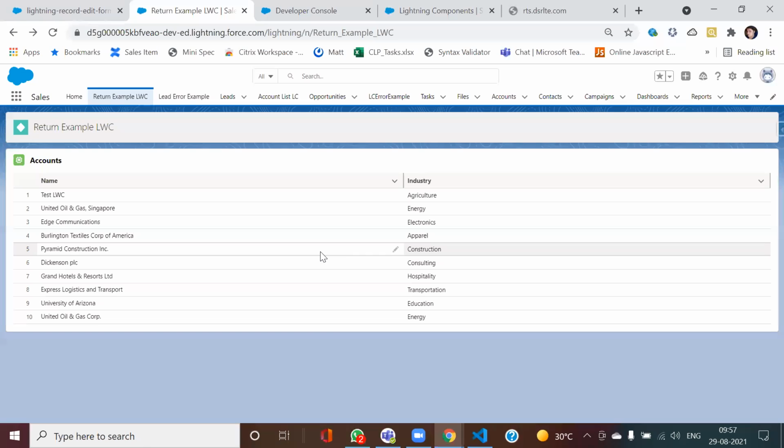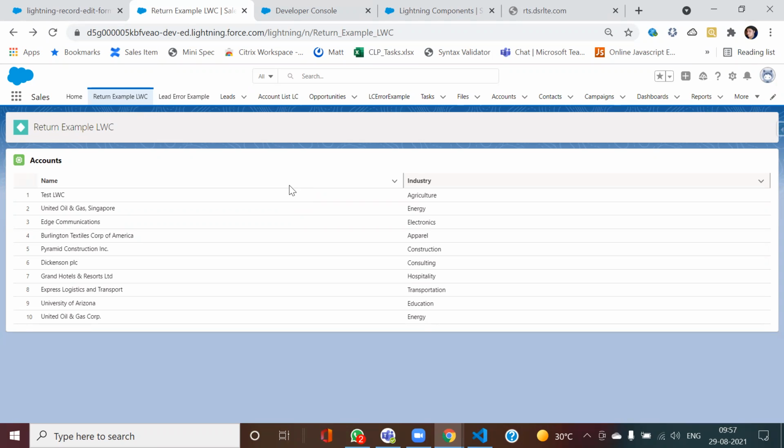So now there is one example. Here I have done two things. I am returning my list of account records. And the update I am doing through Apex code. Whenever I click on save, it should call my Apex class and update that particular account. In case that account record gets updated, it should show me the success message.